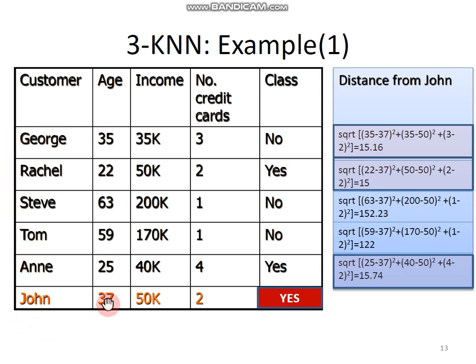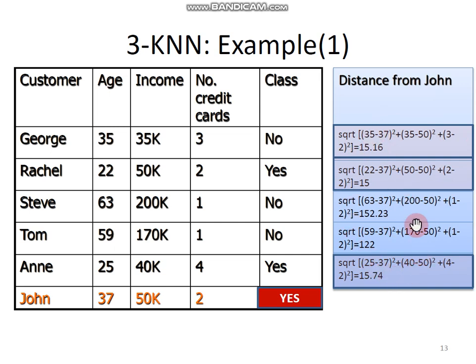Fine. Compute the distance of John from George, Rachel, Steve, Tom, Anna, and so on. This is how we computed the distance of George from John, and then from Rachel, Steve, and so on. This is nothing but simple Euclidean distance.